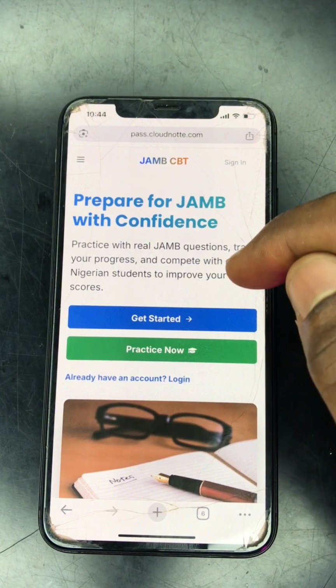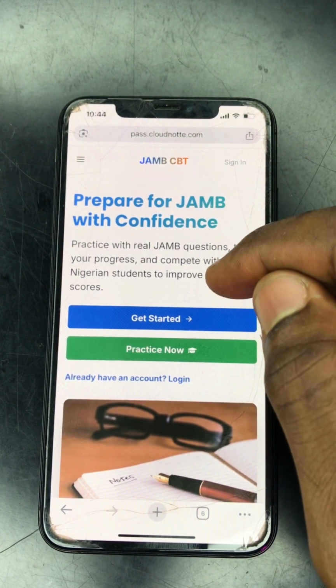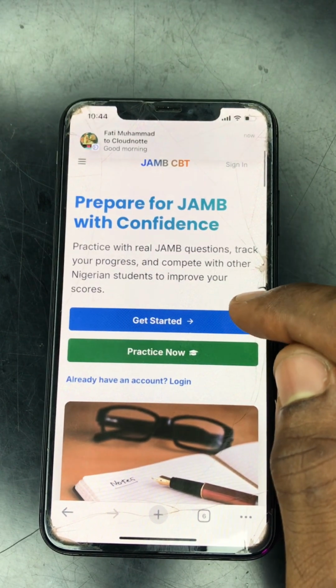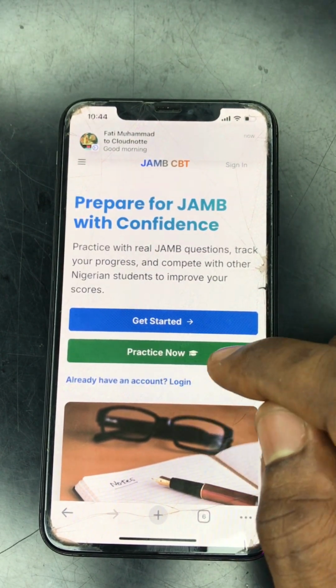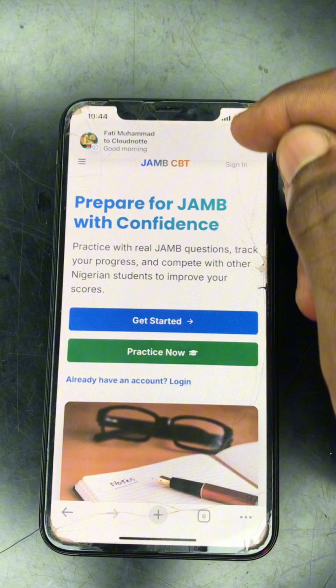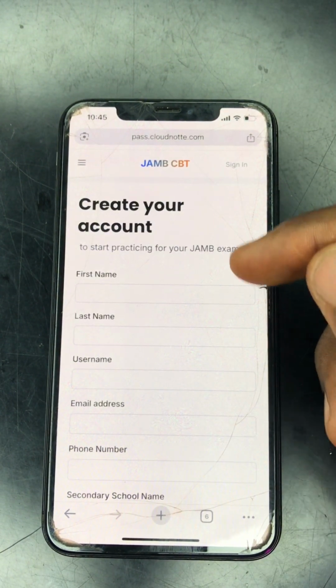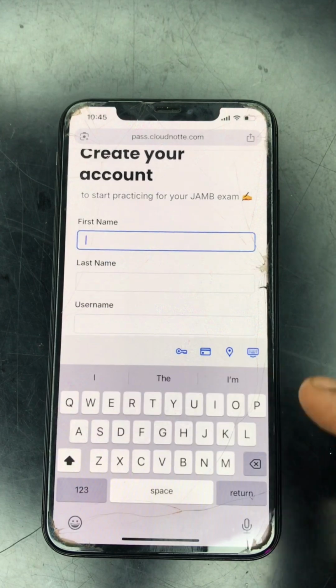Then now you are in the JAMB CBT platform right here. Now what we need to do is to get started. As you can see, practice now, but because we don't have an account yet, all we need to do now is click get started. So here we have to put in our information. I'll put in my first name,